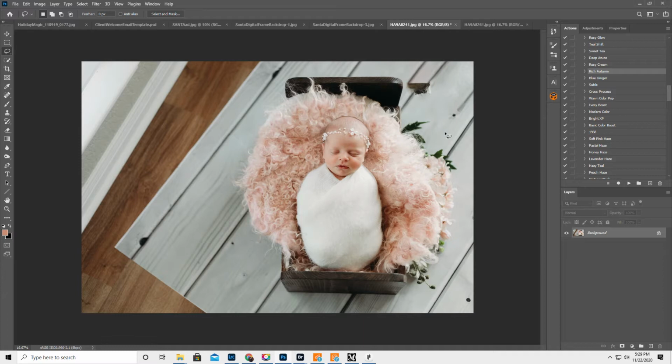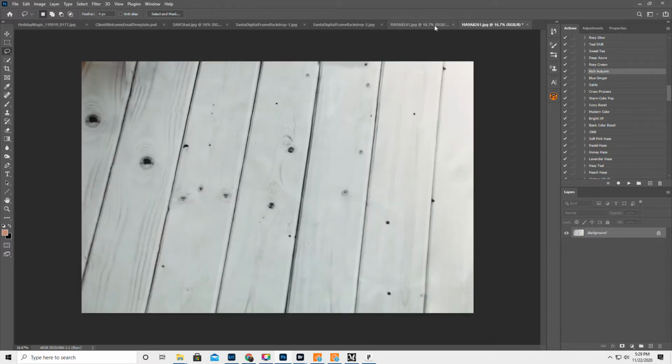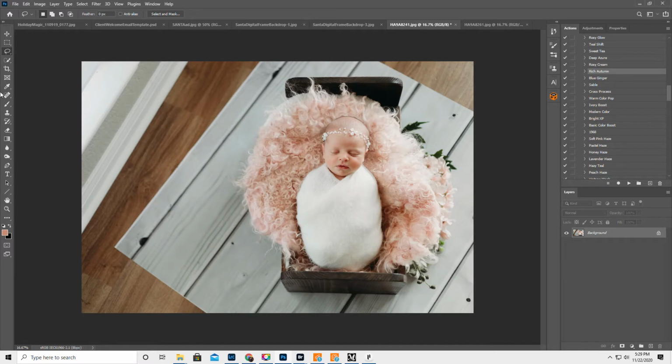That was a hot mess. Let's go delete. Okay, so screw that. So this is what we're going to do. So at first, I just duplicated the layer and drag and dropped it over onto here. But I think what I want to do instead is to quick select